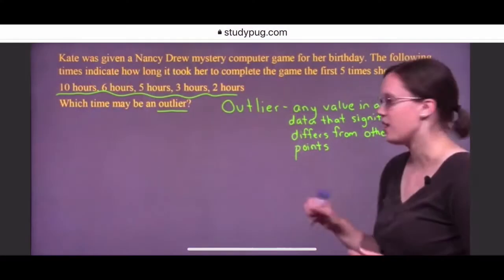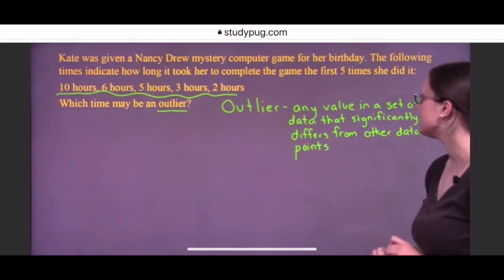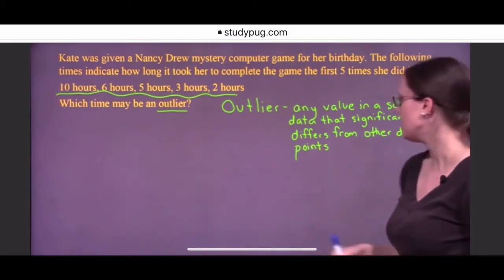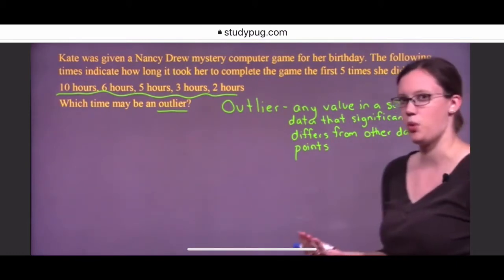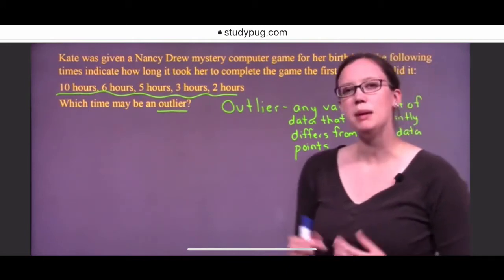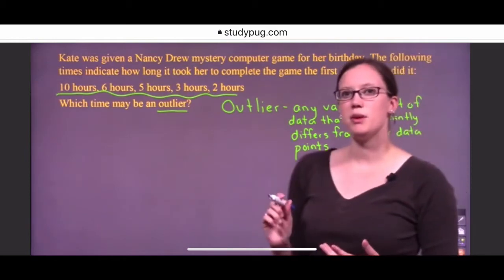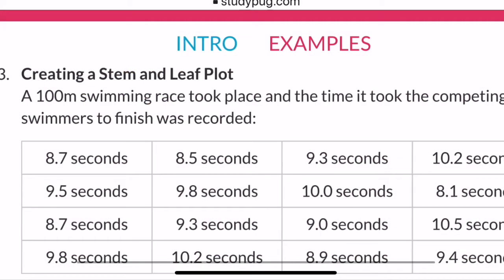So an outlier is any value in a set of data that significantly differs from the other data points. What I mean by significantly differs is any number that is way higher